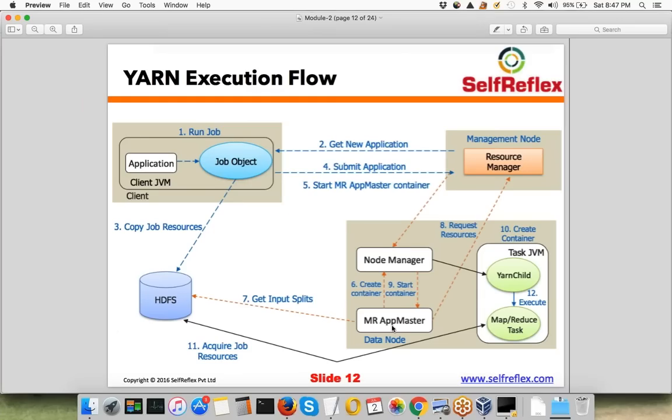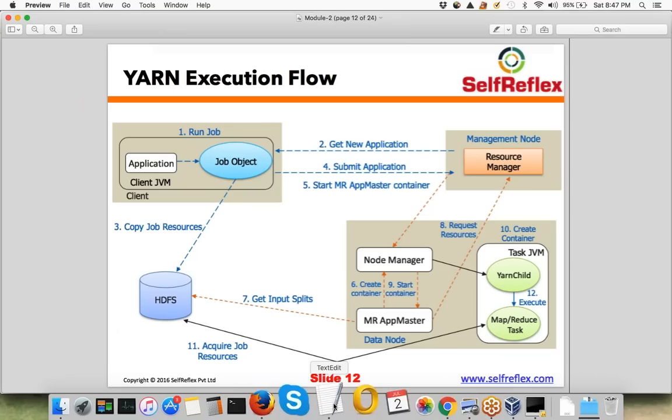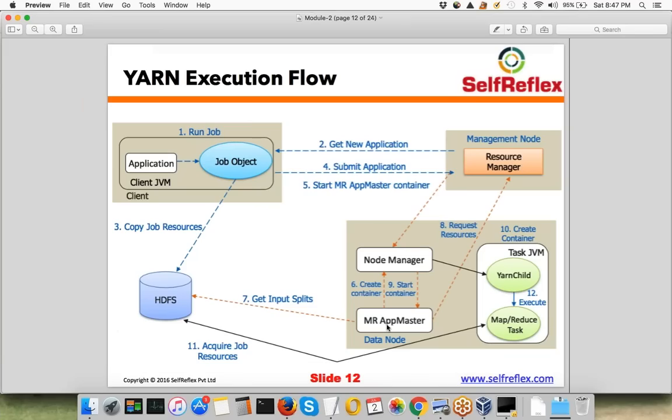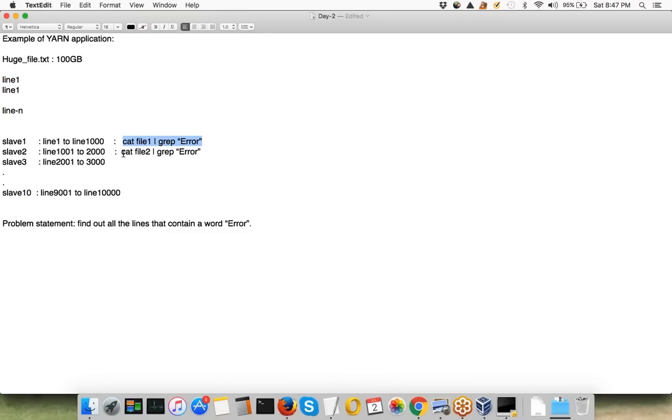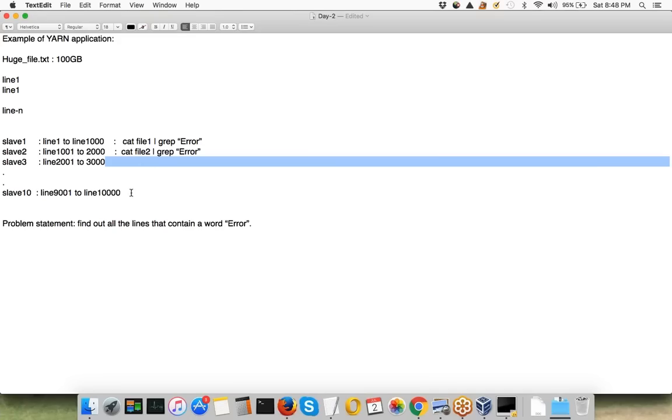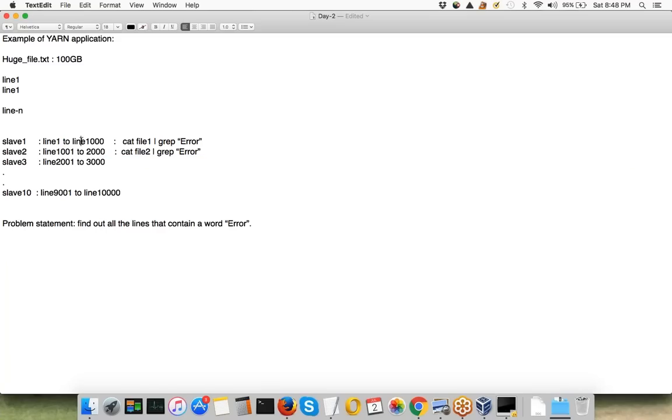Now this applications master will again go back to resource manager, right? Because now this applications master itself is not going to read the data. It will further launch multiple tasks. As I said, these are your tasks. For example, this is one task, this is second task. Similarly, you'll have more tasks running on all the slave nodes that will be processing data in parallel. And to run these tasks also, you need containers, you need CPU, you need RAM.